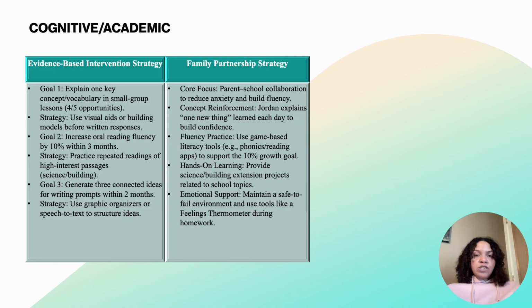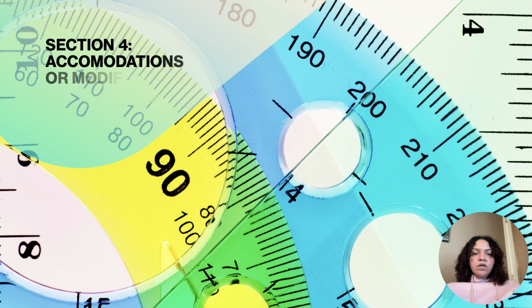The emotional connection. Parents will provide a safe-to-fail environment at home, practicing positive self-talk and using a feeling thermometer to help Jordan navigate homework-related frustrations. Section 4, accommodations and